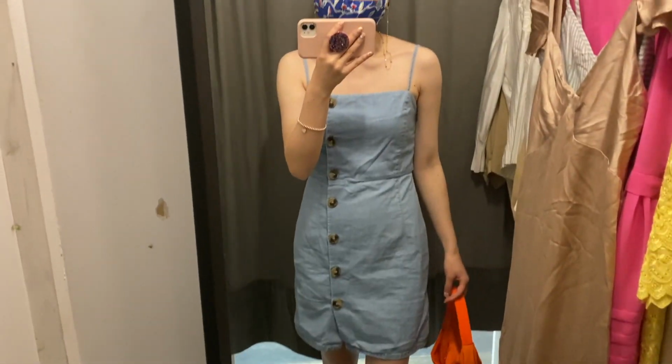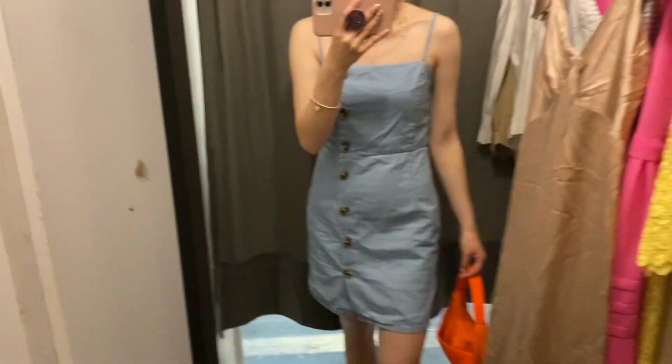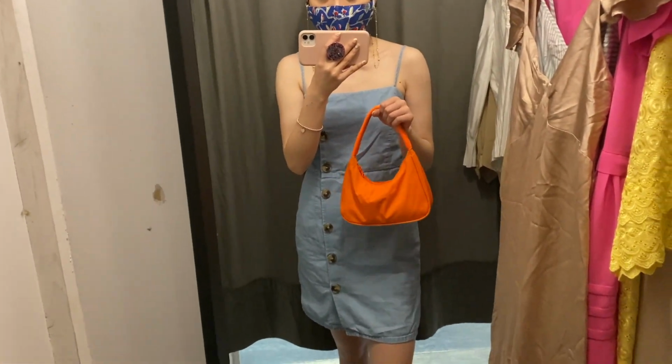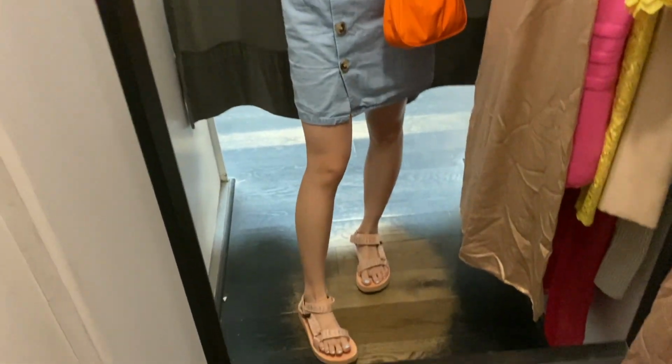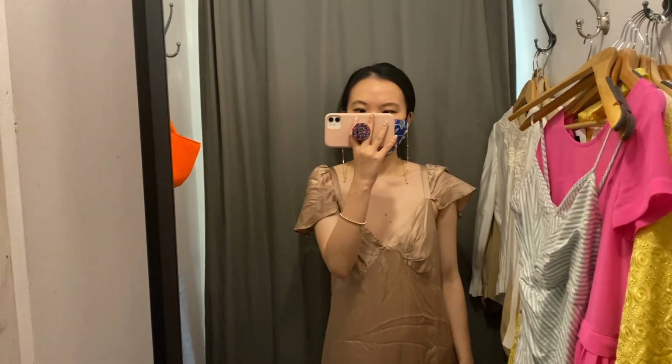A denim but really light material dress from Topshop that's old. My orange bag that I mentioned in my summer bag video, and then my Teva. I already loosened it because I was trying to try on those shoes. So unfortunately the dress is definitely way too big on me, but this cute bag,